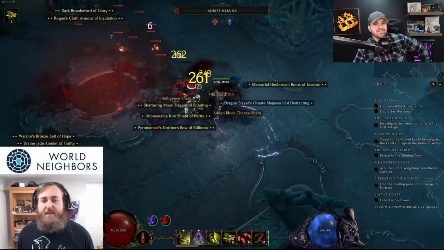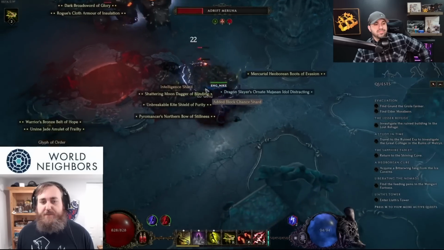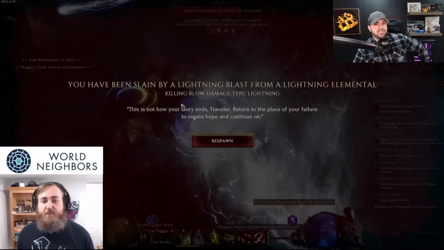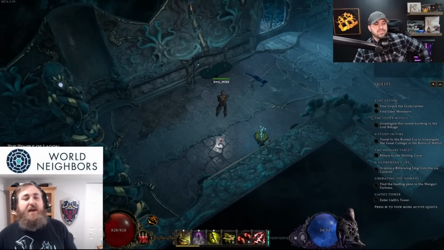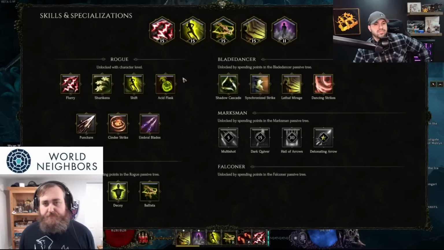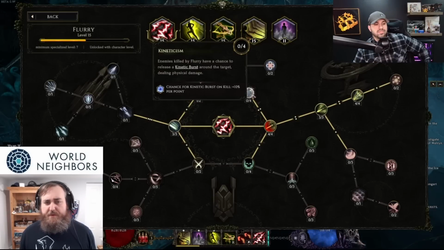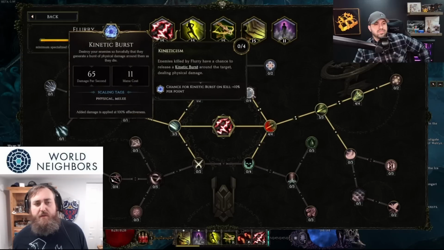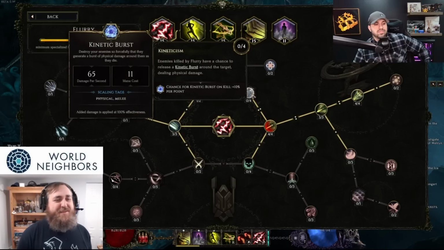So if you have something that's conditional on the status of your opponent, for example, more damage to ignited enemies. So if I had something that says flurry deals more damage to ignited enemies, and flurry was proccing energy wave. Energy wave. Is this energy wave? Kinetic burst? Yeah, kinetic burst. The code version of this is called energy wave, not kinetic burst. Anyways,